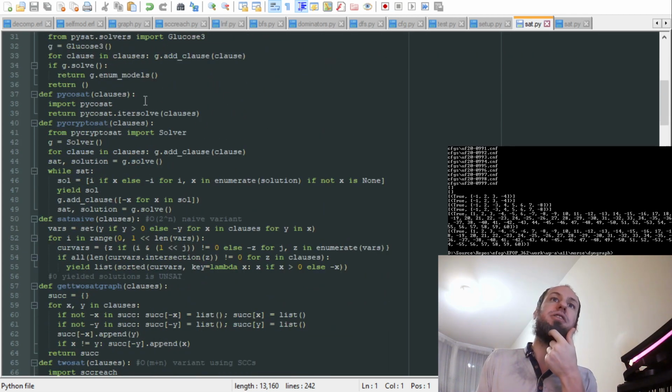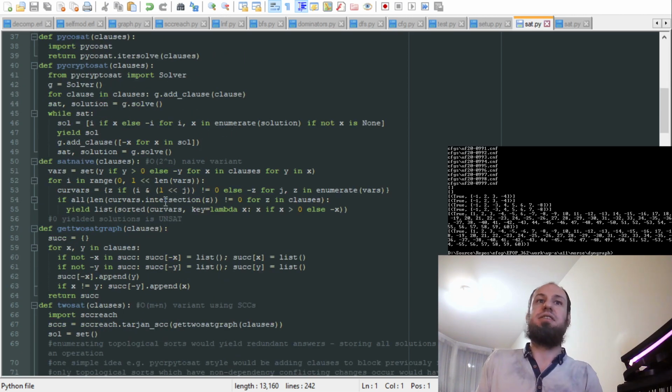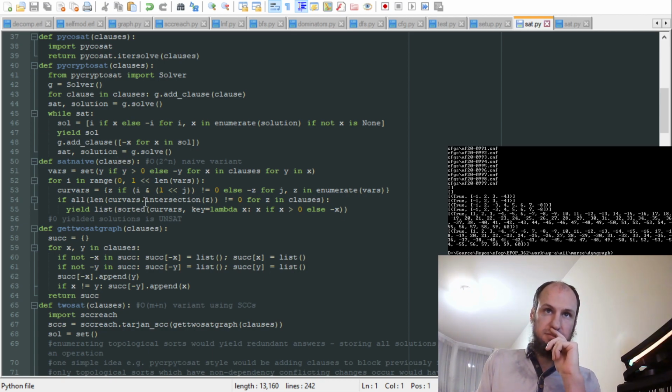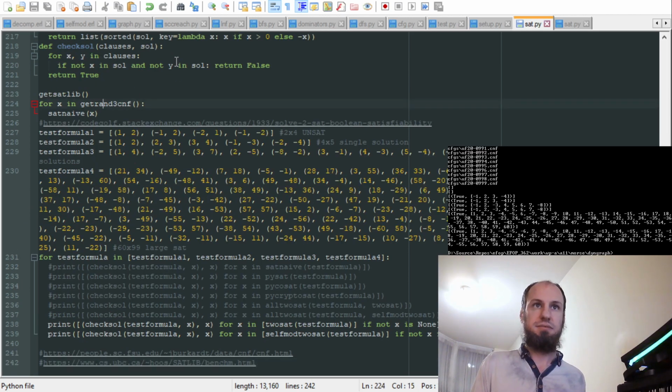I've also got other SAT solvers, like glucose, PyCryptoSat, PycoSat, all these different SAT solvers already installed in its Python packages. SAT naive, very simple. Oh, I see. It's going to keep solving it forever. Huh. But what I kind of care about here